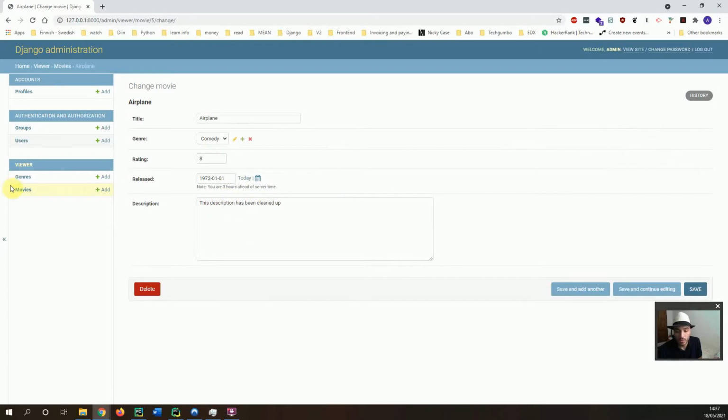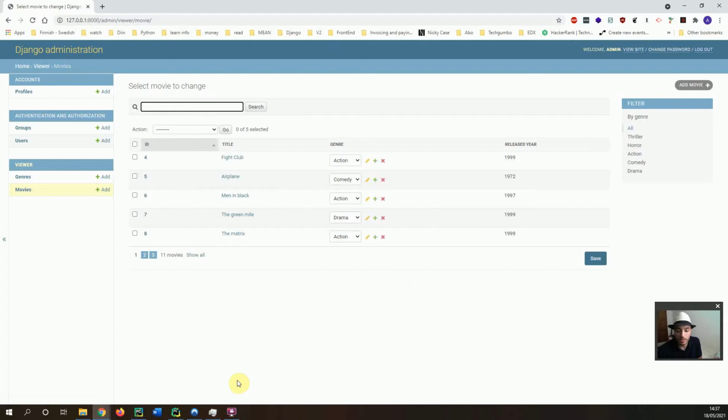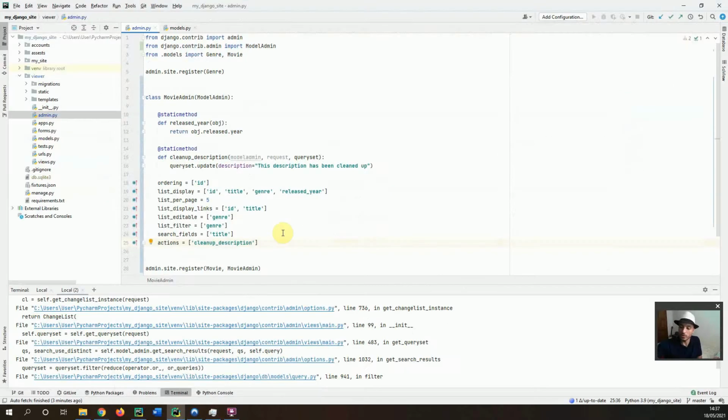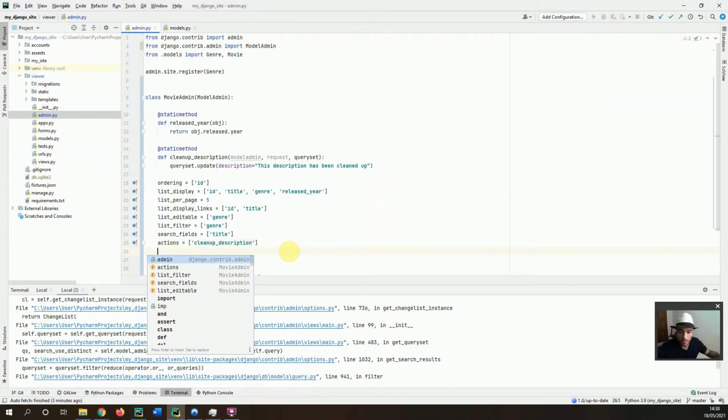So that's some possible things you can do with the admin when you are having a look at all the model, not all the objects in a model. There were other things, I think. Yeah, so actions, a whole load of possible things. But anyway,